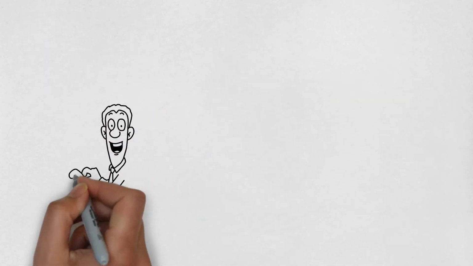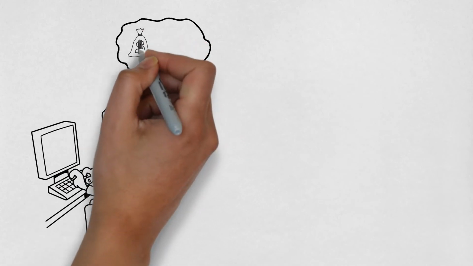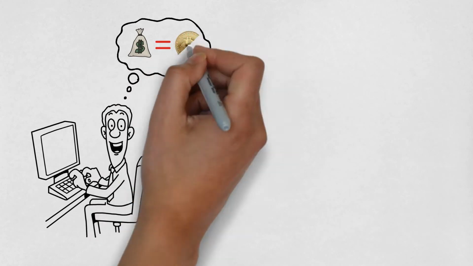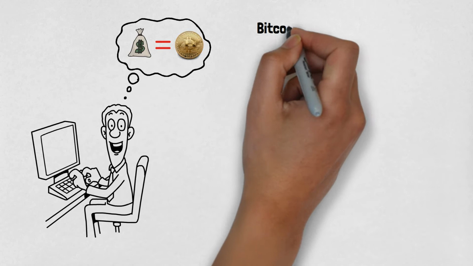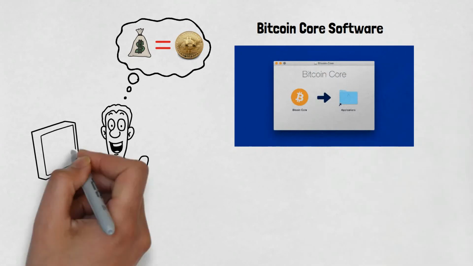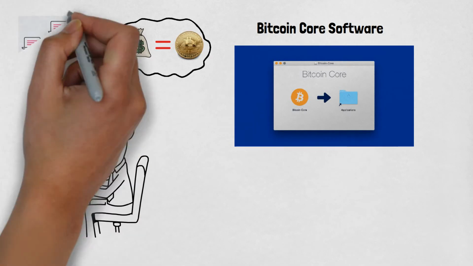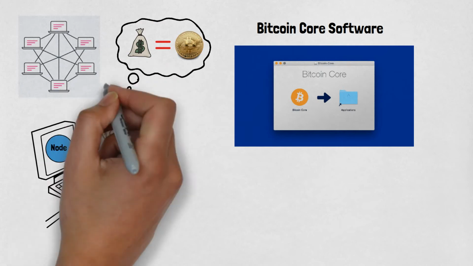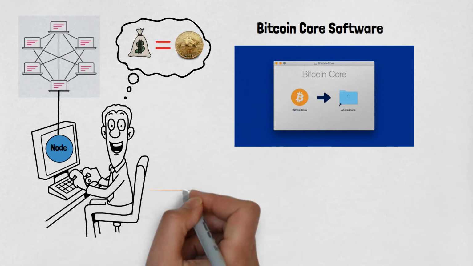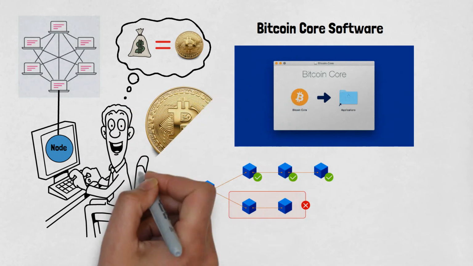This is Sam. He just bought a computer and he thought of earning some money using this computer by mining Bitcoin. For doing that, he downloads a software called Bitcoin Core and he runs it. This computer will now act as a blockchain node. When Sam downloads and runs that software, he basically copies the blockchain from other nodes and now he becomes one of the verifiers of blocks himself. And in turn, for verifying new blocks, he gets a reward in terms of Bitcoin.